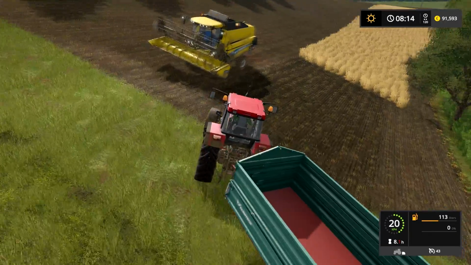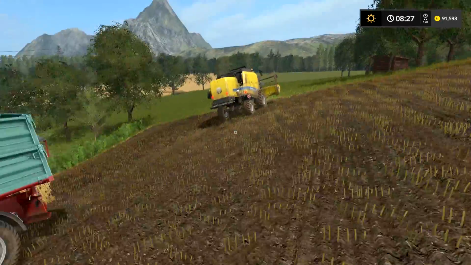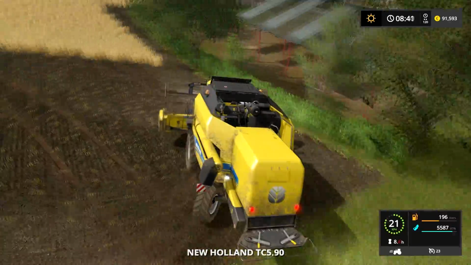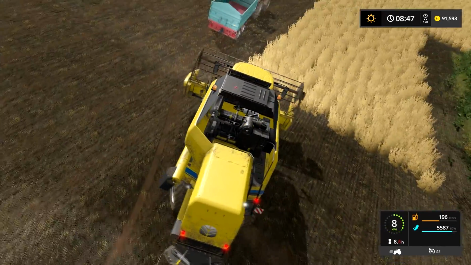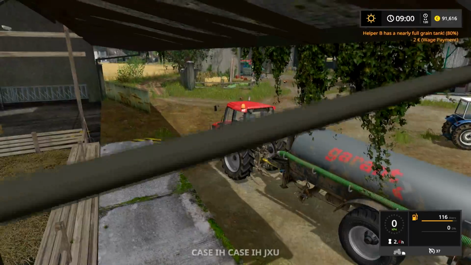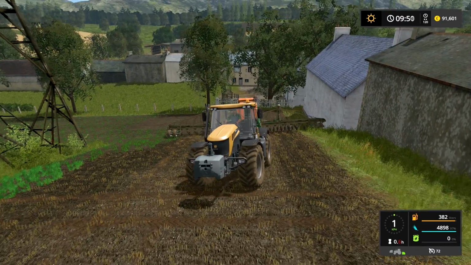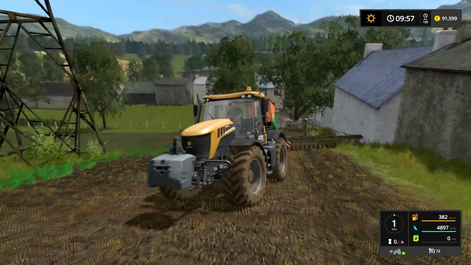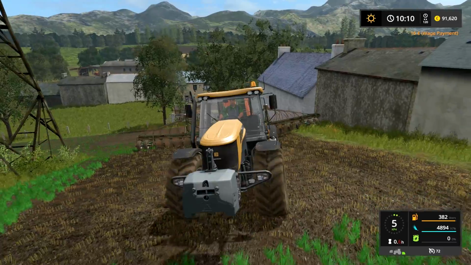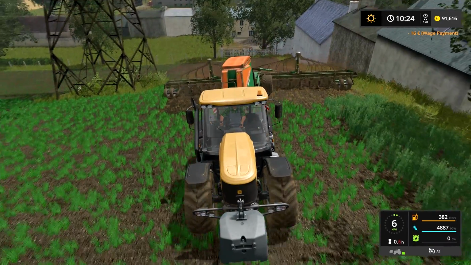Oh, it's not full yet. We just completed. It actually is struggling up the hill. Even the 230 horsepower JCB Fastrac is struggling up the hill here with this machine. That's interesting. I bet that little New Holland